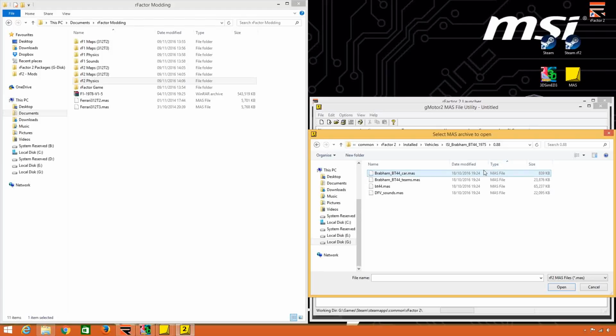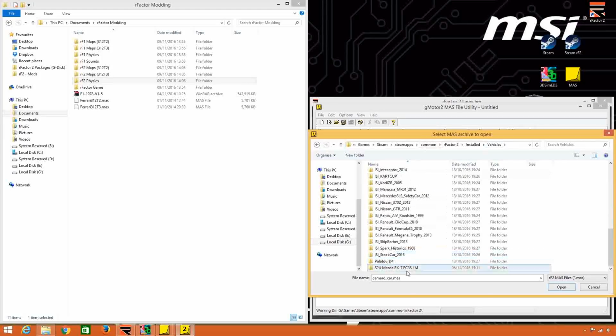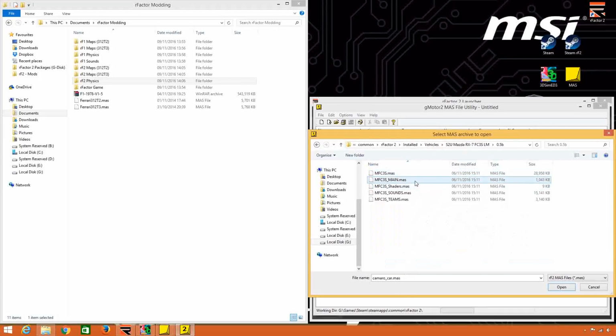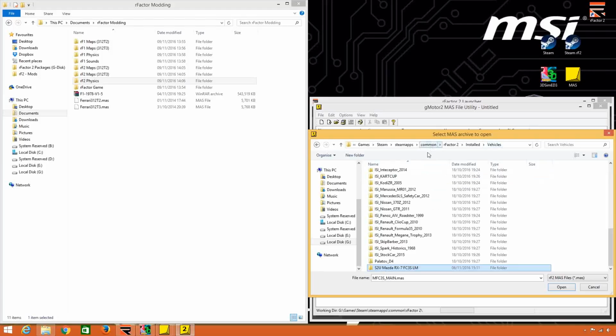Go to a car that you feel represents your car, or you want to base on. So it's normally in something called the name of the car and then car at the end, or something called main. But sometimes they split it, so here you see main and physics, they split it in 2. Sometimes locked for obvious reasons, like they don't want to share the data. But here you go, it's a mod from a third party, so it's saved as main, it will be in there, but you generally should be able to work it out,